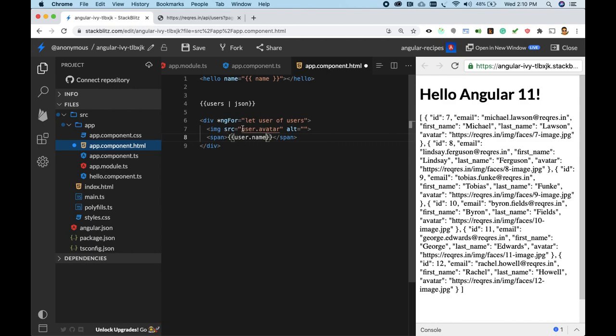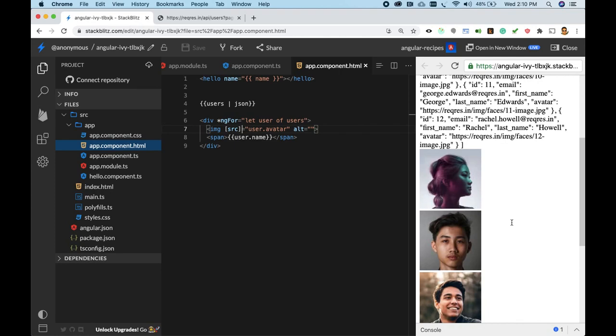Since it's a variable, we need to make it as square braces. Then you will start getting it like this.